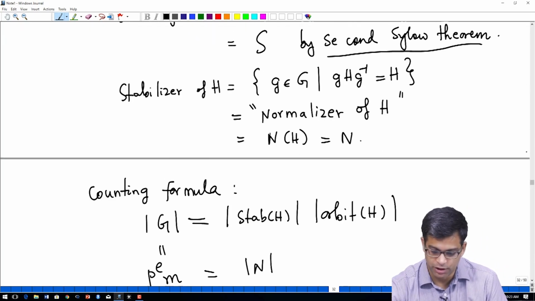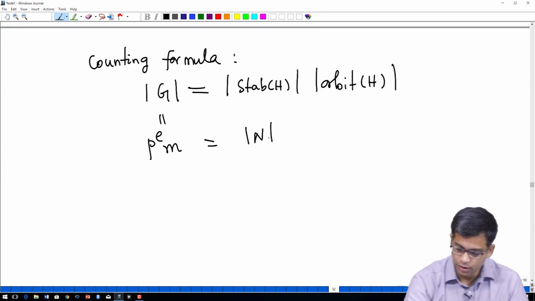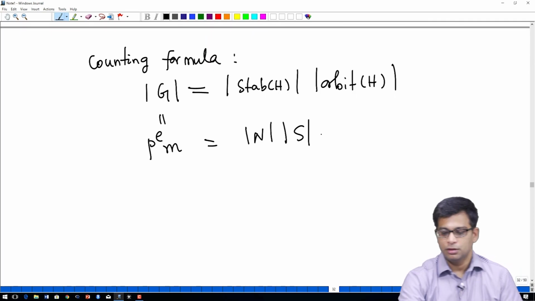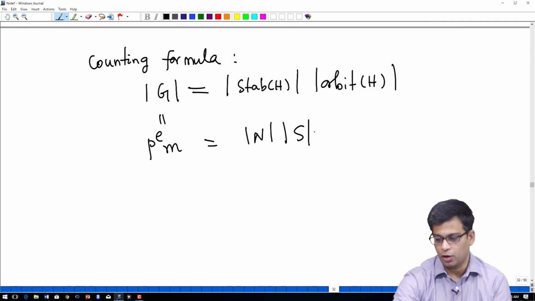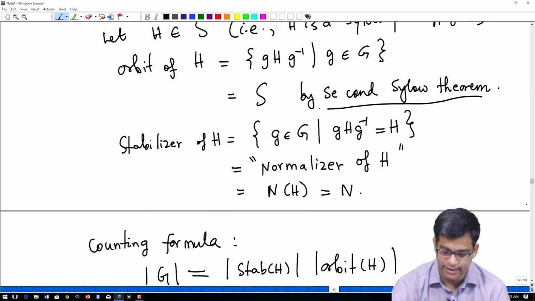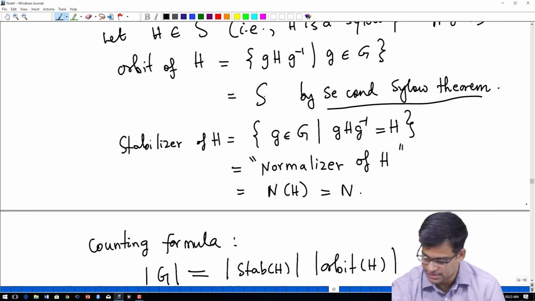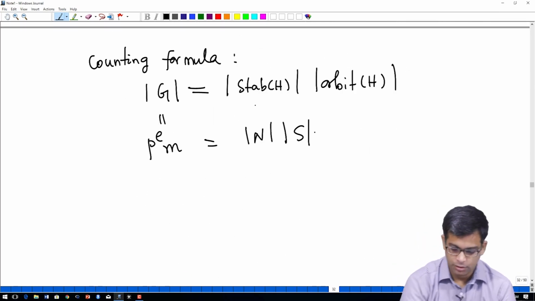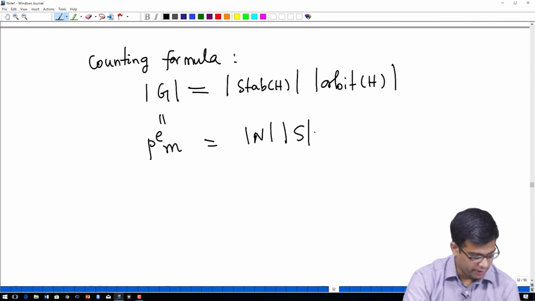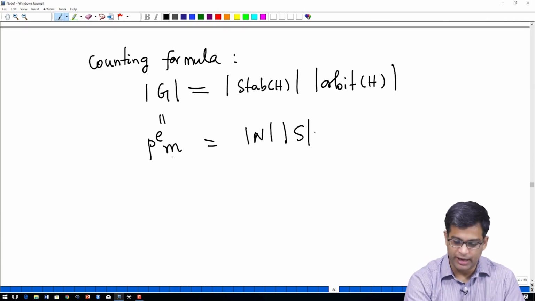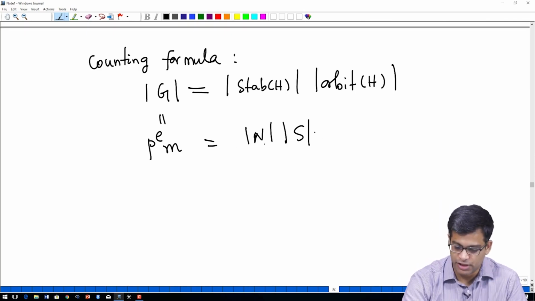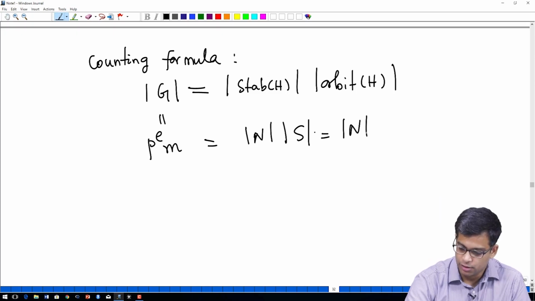N is my notation for the normalizer, and the orbit of H is S, right. The orbit of H by the second Sylow theorem is all of S. So, p power e m is equal to capital N times capital S. So, the order of capital N times,